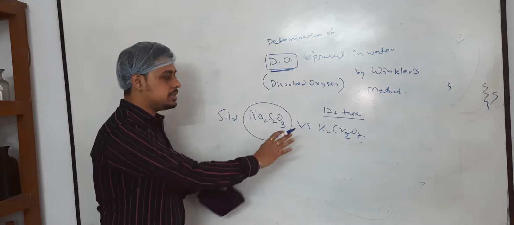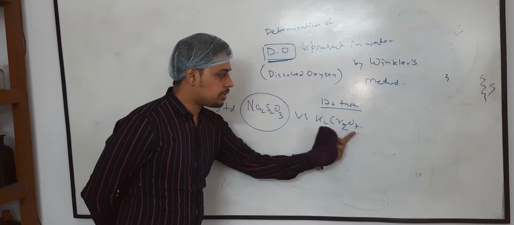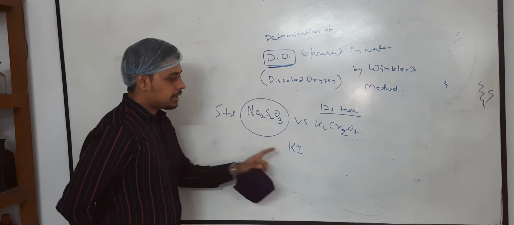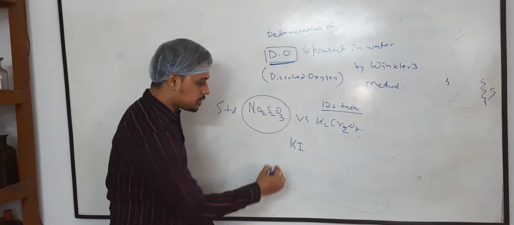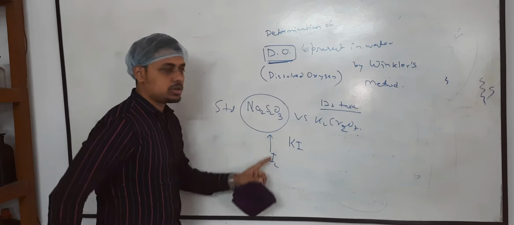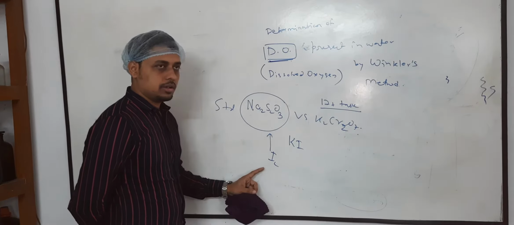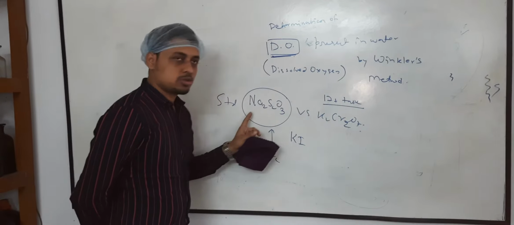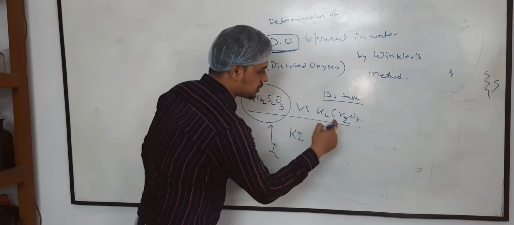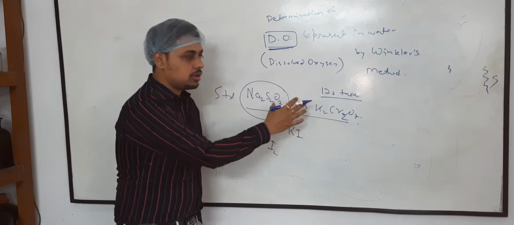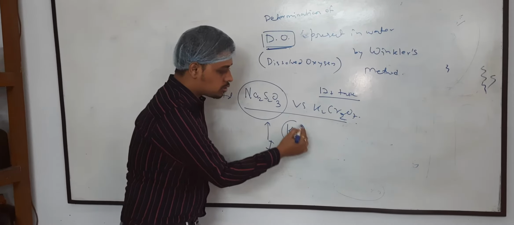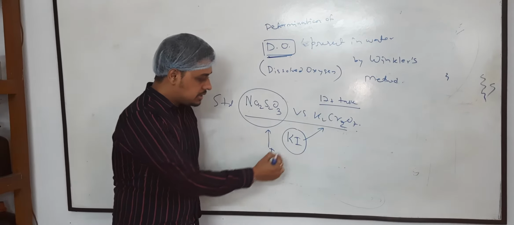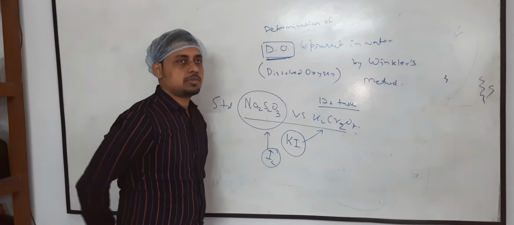Hopefully I have already discussed that sodium thiosulfate and potassium dichromate never react directly. We need to incorporate a mediator substance, KI. KI reacts with potassium dichromate for the formation of iodine, and that iodine will be absorbed by sodium thiosulfate. I have already discussed this in the analysis of copper, or in the titration of potassium dichromate versus sodium thiosulfate. So sodium thiosulfate versus potassium dichromate is a titration based on iodometry. Here we will add KI as a source of iodine. KI reacts with potassium dichromate in acid medium. It will generate iodine. That iodine must be absorbed by sodium thiosulfate.